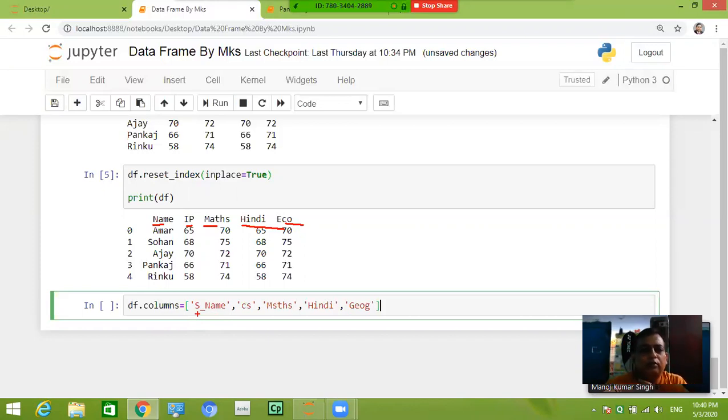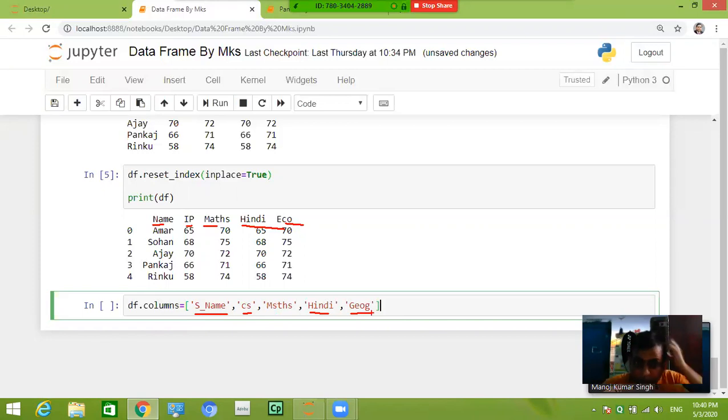So you have to write all columns, and you give the new name for those you want to change. If you don't want to change, you give the same name. It will change only the changed names.